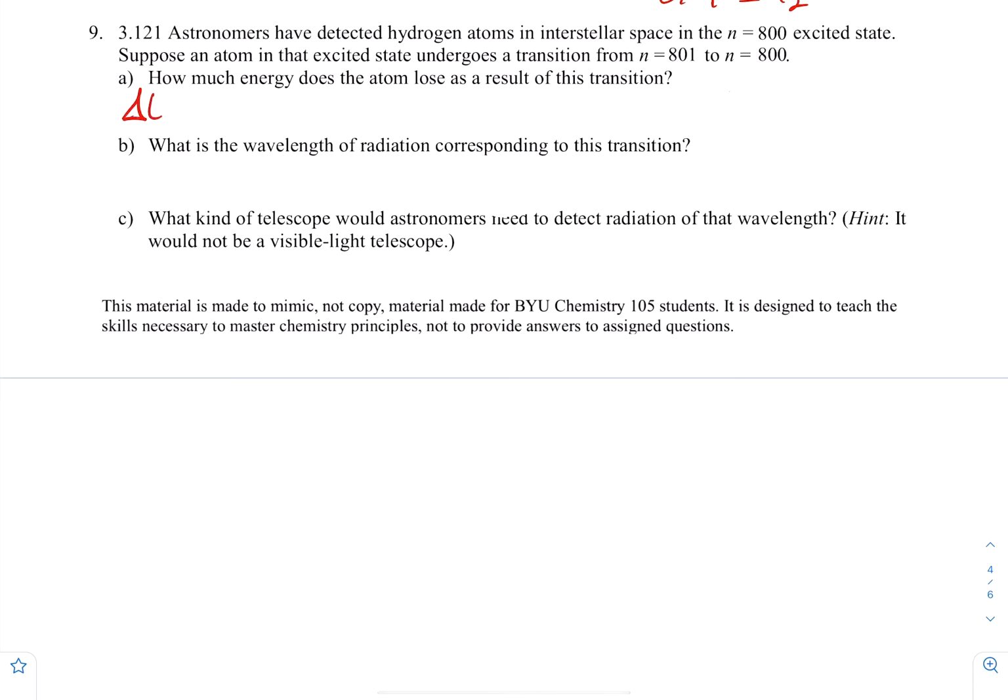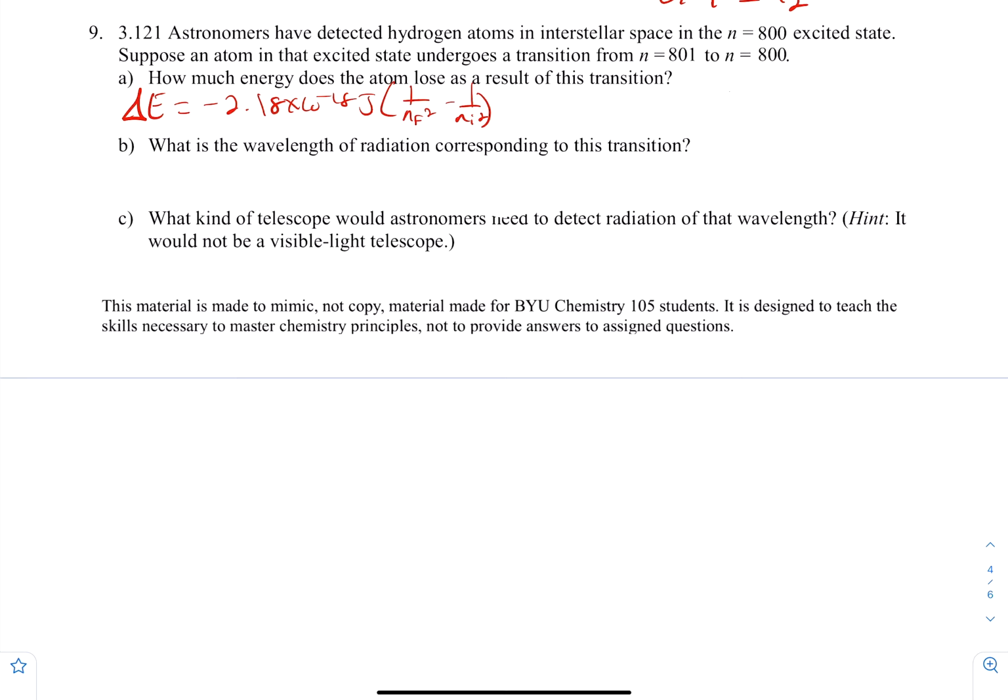Okay, so now this is where I want to use this equation here. So I'm going to say negative 2.18 times 10 to the negative 18th joules times 1 over n final squared minus 1 over n initial squared. Okay, and remember there are variations of the same equation. I'm just going to use this one because I'm actually used to using this one. So then we say negative 2.18 to the negative 18th